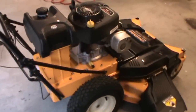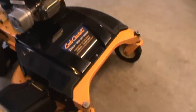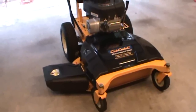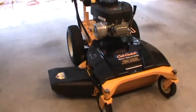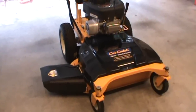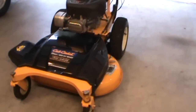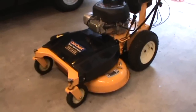Hi everybody, I'm going to show you today how to remove the blades and sharpen them on this Cub Cadet 33-inch walk-behind self-propelled mower. This mower is now 1 year old. I bought it a year ago. It's had a full year of mowing the grass of service basically, and I'm very happy with it. But getting ready for the 2012 mowing season, it is time to pull those blades off and put a nice